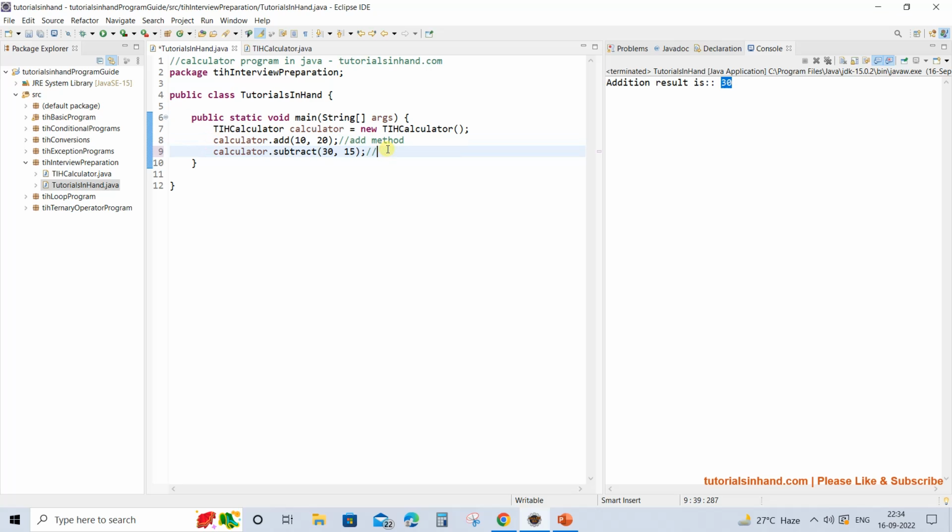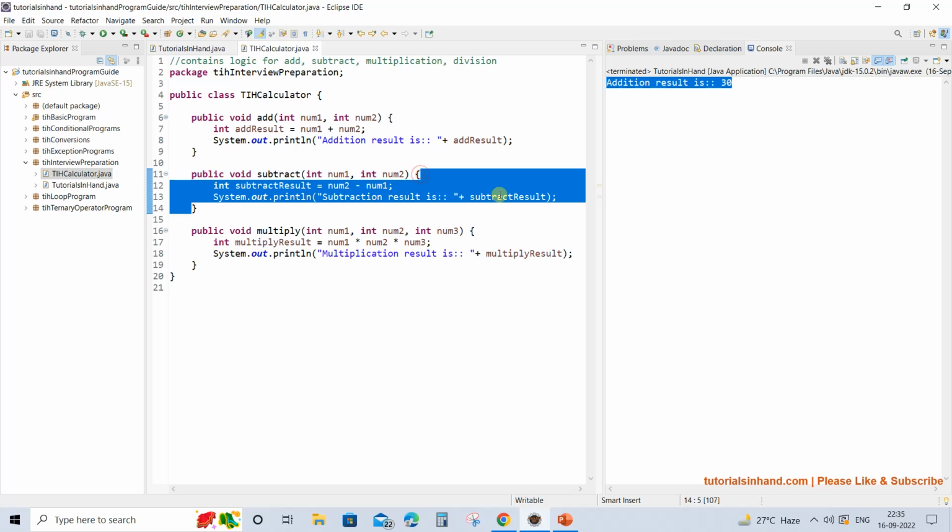And now you see we have this time two methods getting called, that is add and subtract. So we will have two results printed at this place, first the addition when this is going to get executed, and once it is executed successfully we will come to the next line where it is calling the subtract method, and it will execute this method subtract and print the result on the screen.